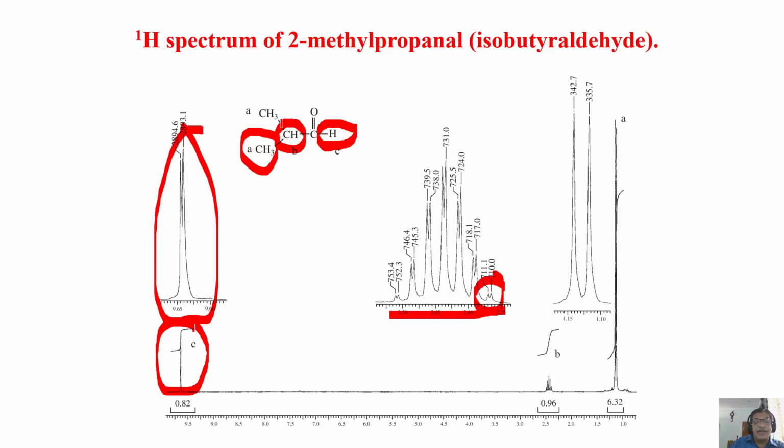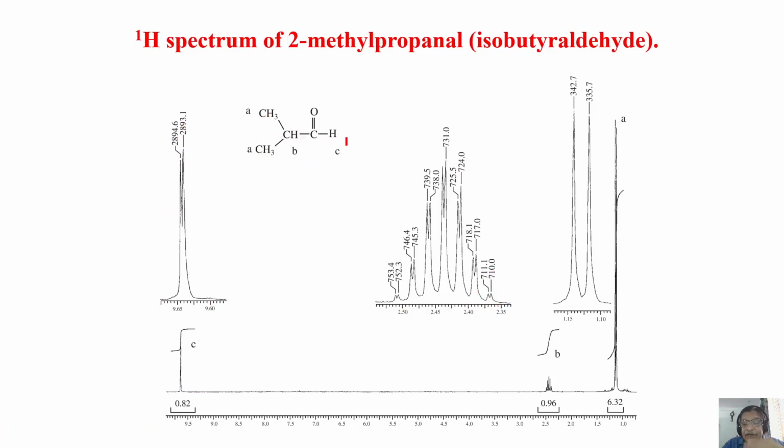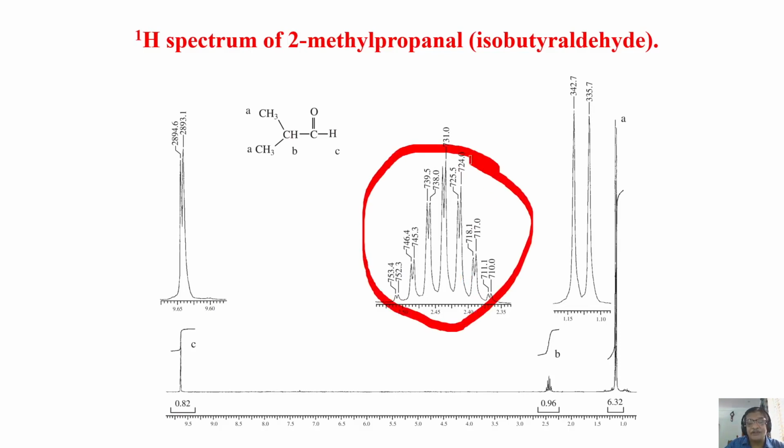So this proton, interestingly, experiences coupling with two CH3s and this CH proton, and interestingly, all the couplings are different. As a consequence, you get 4 into 4 quartet. Each line of this quartet is a quartet, and each of them is further split to doublet like this. You can see, so you should get 32 peaks here. That is the reason why it is so complex. You understood the point now?